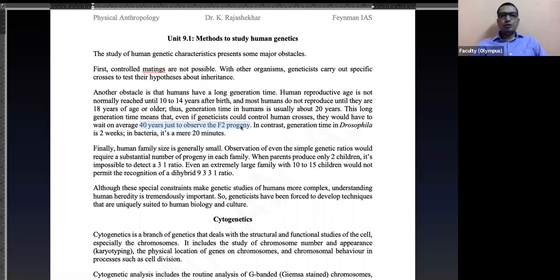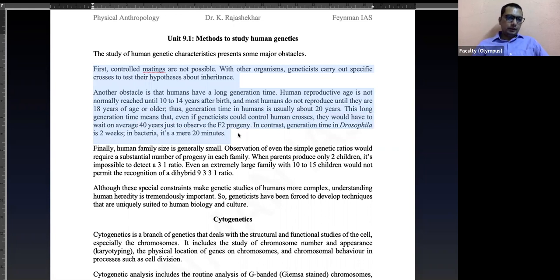That is why when you open a book of genetics, most of the time what you're learning about is E. coli, bacterial genetics, you learn about plant genetics, Arabidopsis thaliana, a very well-known model organism, or we learn about C. elegans, it's a type of worm. We learn about Drosophila, most important. Even if you see the genetics books, you will see a Drosophila image on most of them. So most of our understanding comes from microorganisms or insects or other animals. Okay, this is because of the problems or issues that we have with studying humans.